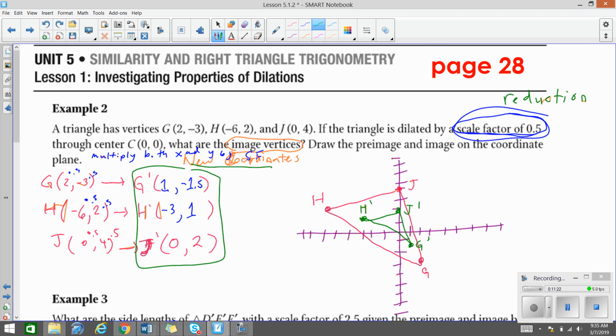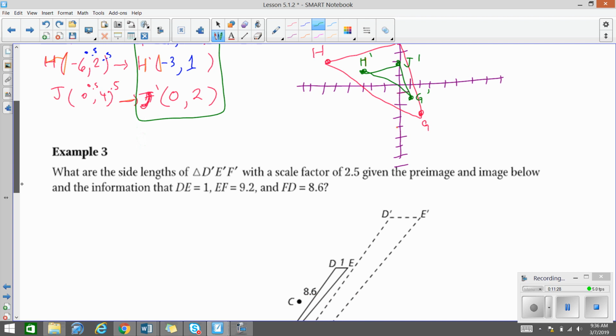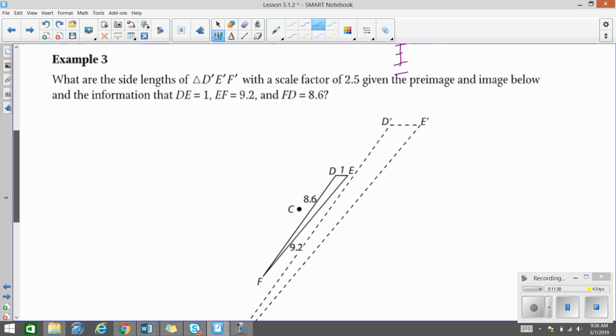So now we're connecting coordinates with our scale factor, and our image should match, even though we graphed it not even on real graph paper, but that looks definitely smaller. All right, lastly, here we go, number 3. Number 3 now says, what are the side lengths of triangle D prime, E prime, F prime? So what are your new side lengths? With a scale factor of 2.5, given, this is just saying given, knowing the pre-image and